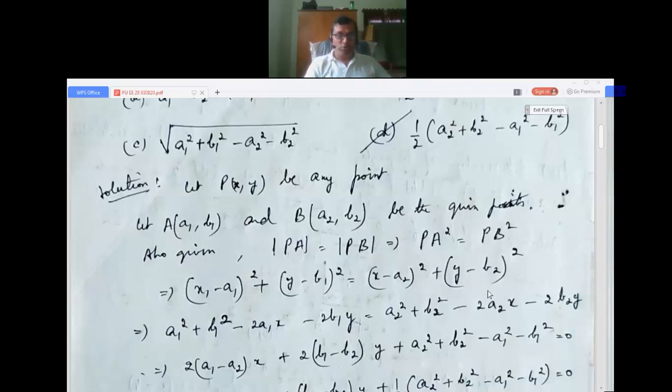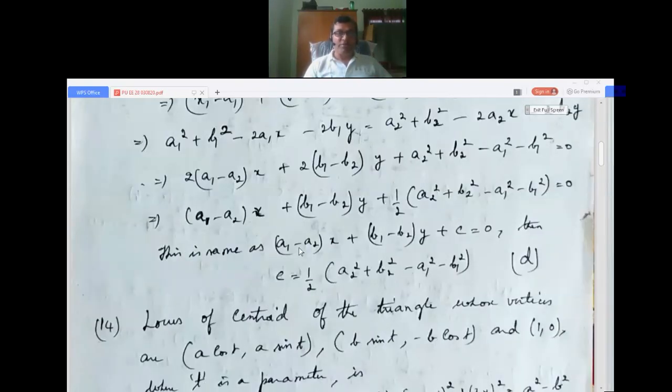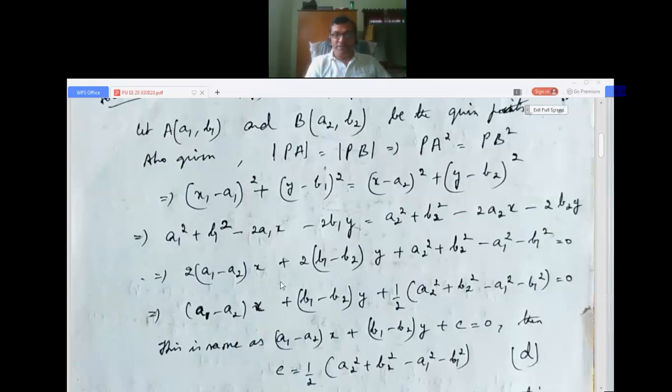(y minus b2) squared. Then you expand this. All the four terms are of the type (a minus b) whole squared, that is a squared plus b squared minus 2ab. Expand all of them separately, cancel whichever terms cancel, and bring all the terms having suffix 1 to one side and suffix 2 to the other side. Then all the x terms are brought to one side, and everything is written on one side equal to 0.